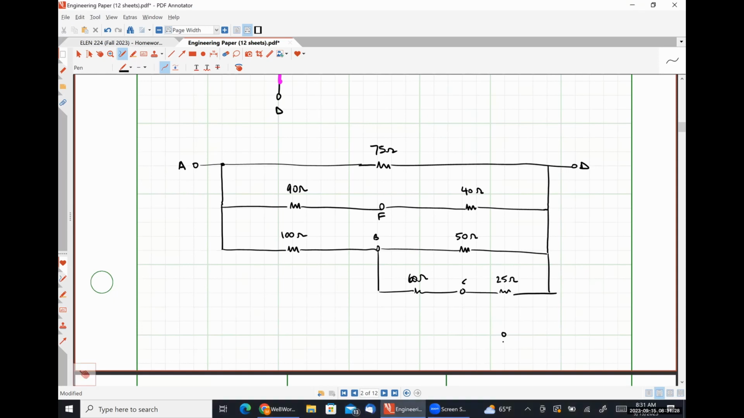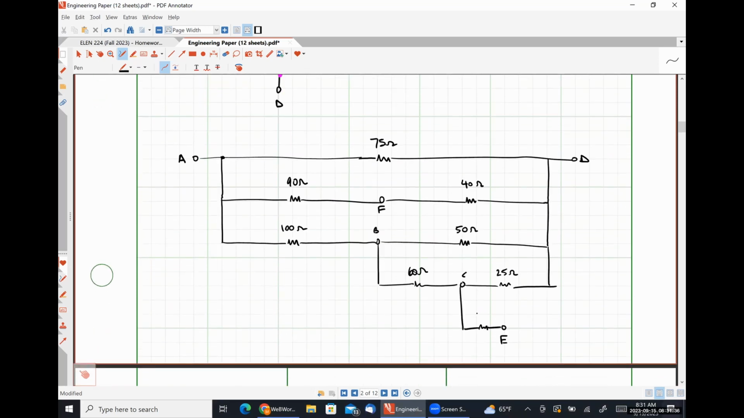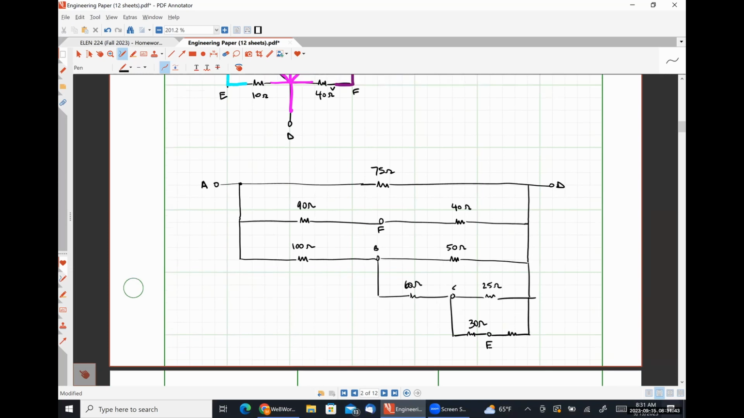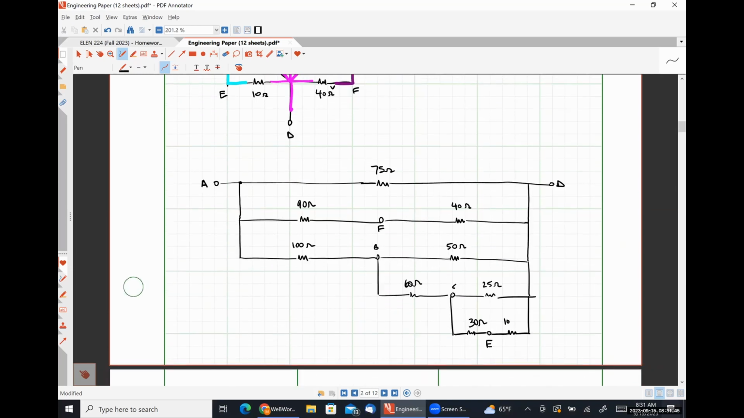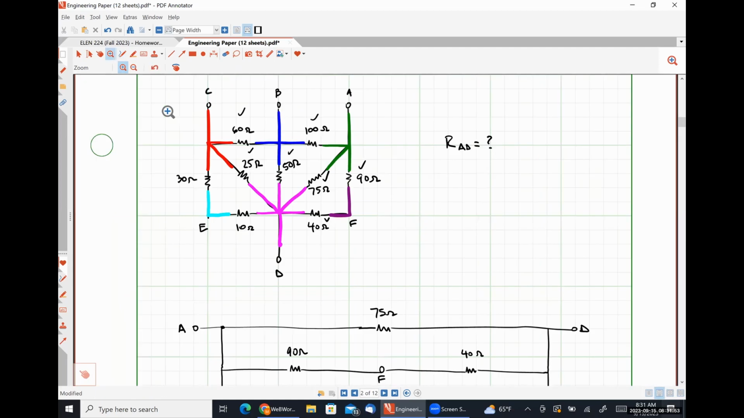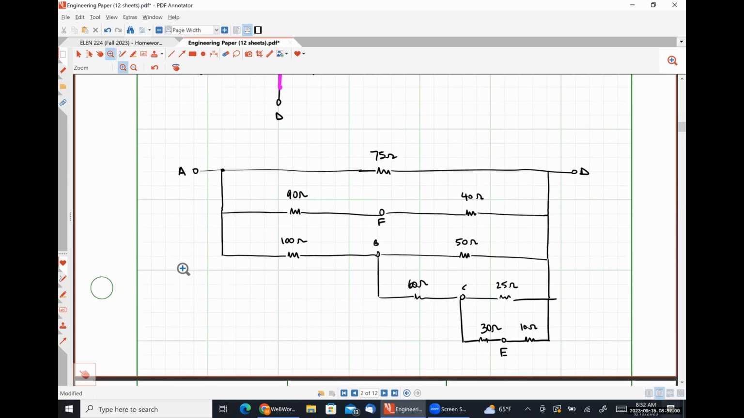So here's where E is going to be. So I can go from C to E, which is the 30. And then from E to D, which is the 10. It's zoomed in a little bit for whatever reason. And so now I have a network, and I'm just going to work my way from the bottom up to